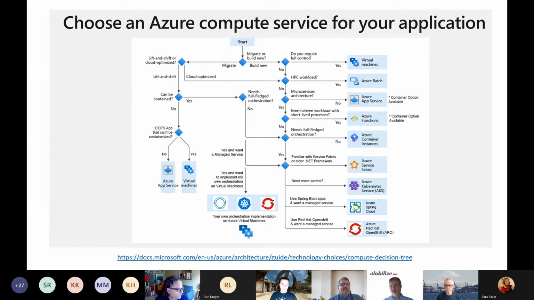For example, lift and shift. This is a strategy for migrating workloads to the cloud without redesigning the application or making code changes, also called rehosting. So that's the shortest way if you are trying to quickly migrate and then innovate and modernize. Cloud optimized is the strategy for migrating to the cloud by refactoring the application to take advantage of cloud native features